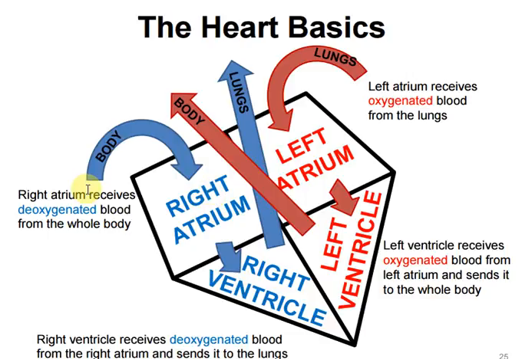So the right atrium actually receives deoxygenated blood. This is from the previous cycle that has occurred, because it's deoxygenated blood. So the right atrium receives deoxygenated blood from the body. Okay, and then what it does, it pumps it. There's a valve over here, so it pumps it through the valve, so it doesn't allow for backwash. It goes to the right ventricle, and then from the right ventricle the blood is basically pumped